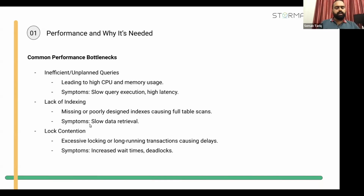Let's now talk about the common performance bottlenecks we face in our day-to-day life in databases, especially in Postgres. First of all, we have inefficient or unplanned queries. If our SQL queries are inefficient or unplanned, then it will eventually lead us to high CPU